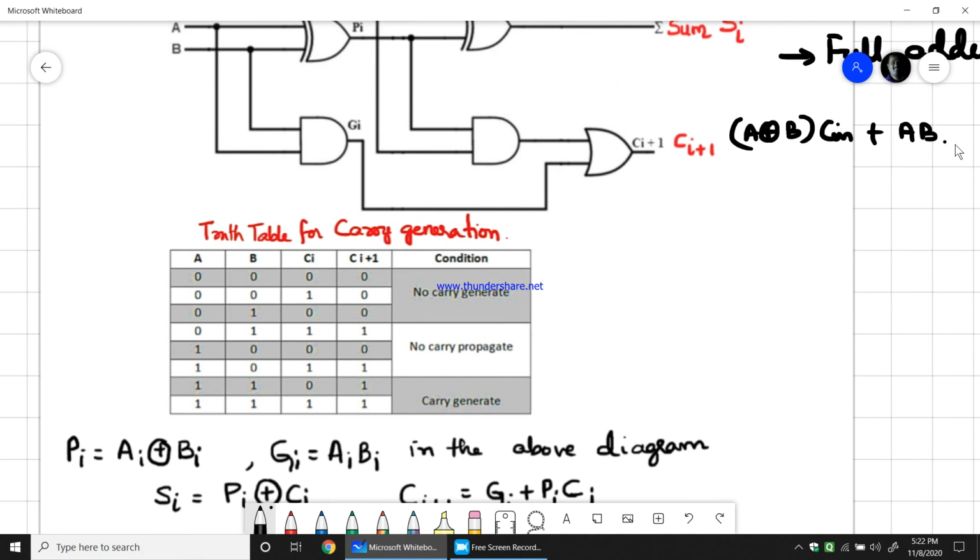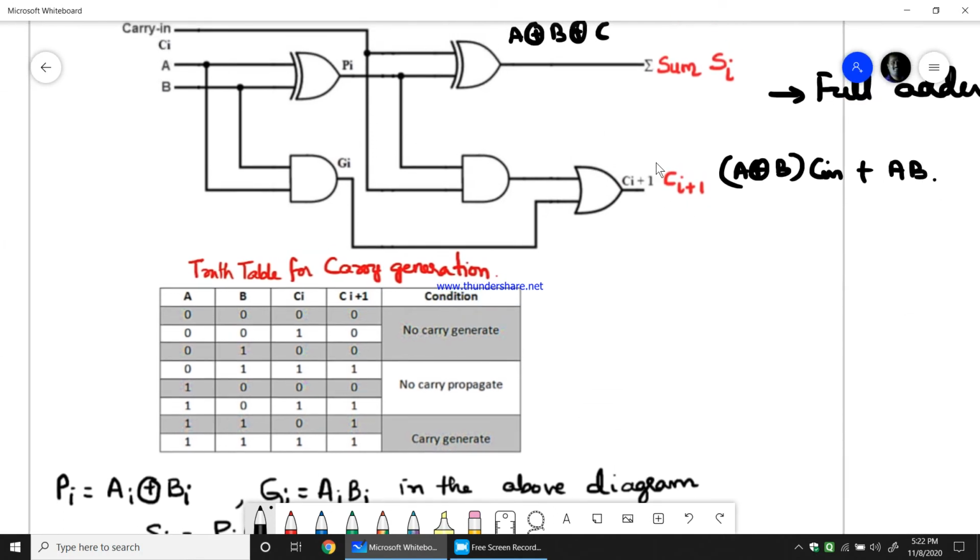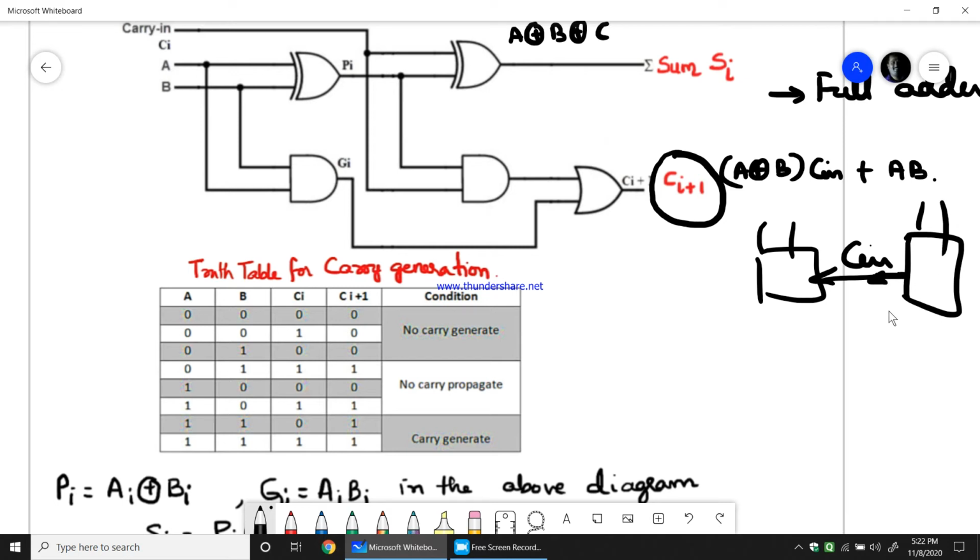But here let me tell you, the carry what we get at the output of this OR gate is nothing but the carry that will be given to the next adder. Okay, this carry what we get from one full adder is what the carry which we give as an input to the next full adder. Right, that is what the diagram we have. So you have a full adder where Cin will be coming from the previous full adder. From the previous full adder that will be Cout, but that behaves as a Cin for the next full adder. So therefore, how this Cin propagates is what we need to know.